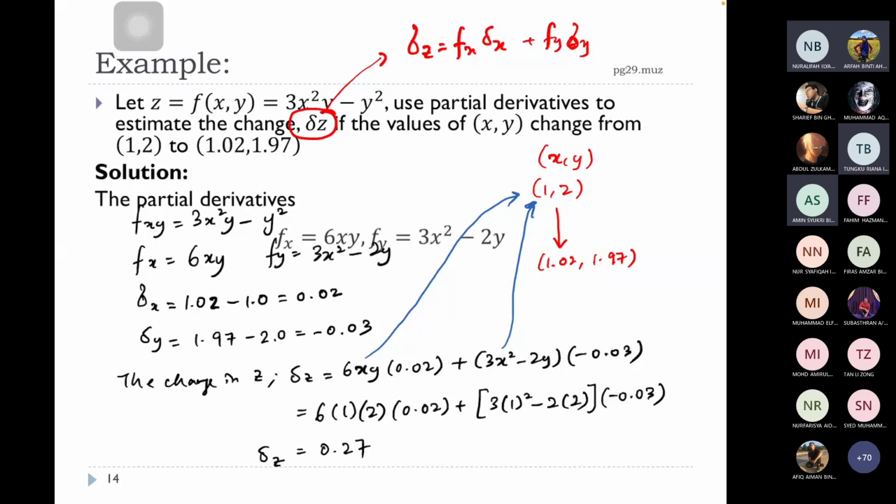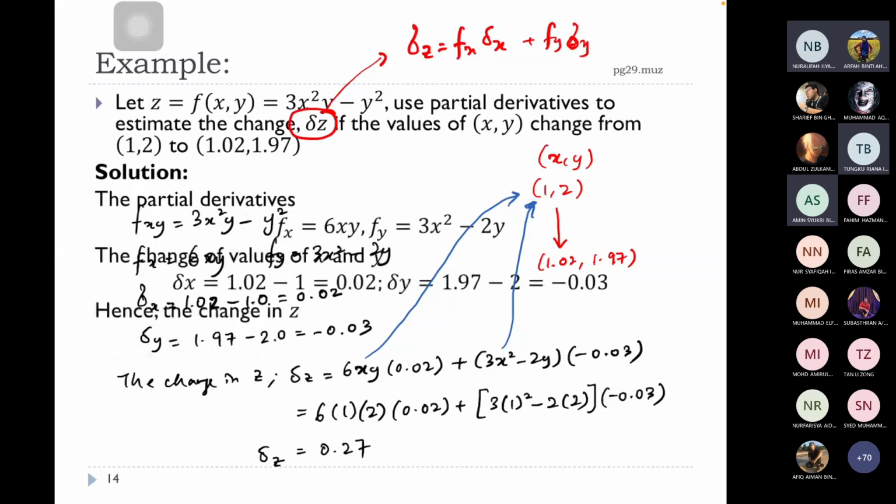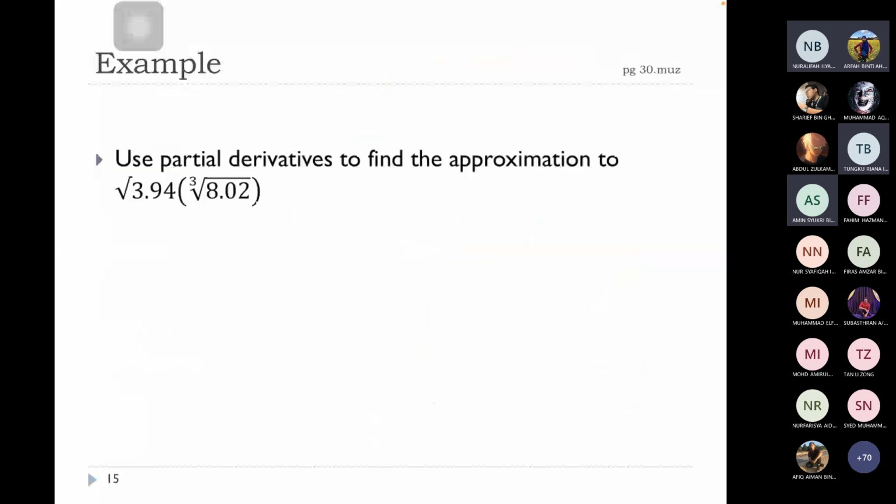Alan bagi, okay, use partial approximation to square root of 3.94 multiply with punca kuasa 3 8.02. So in this question dia tak bagi pun apa x dan apa y. So kita akan assume. Okay. Dan nilai perubahan pun dia tak bagi from point berapa to which point. So we will consider the nearest point of 3.94 dan 8.02. So in this case saya akan consider the